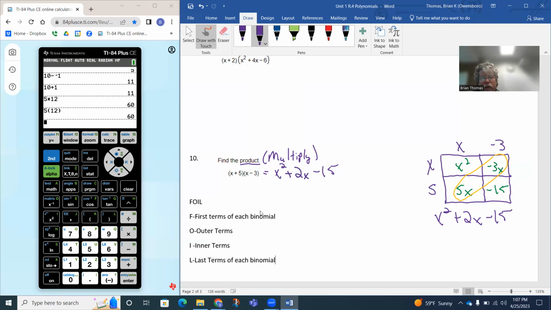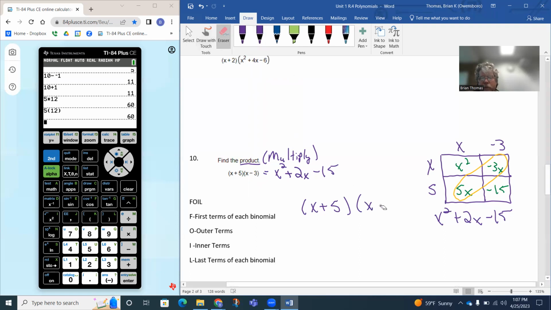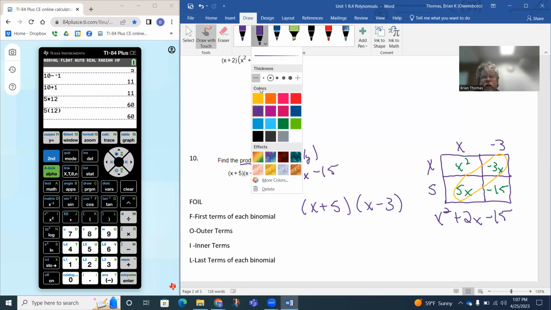Now, another way to do it is what's called FOIL. FOIL is an acronym to help us remember the pattern to multiplying a binomial times a binomial. So we have x plus 5 times x minus 3. So using the pattern,